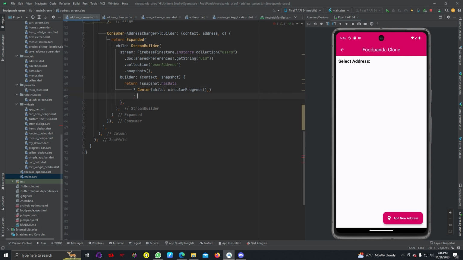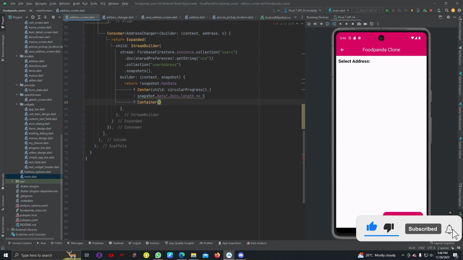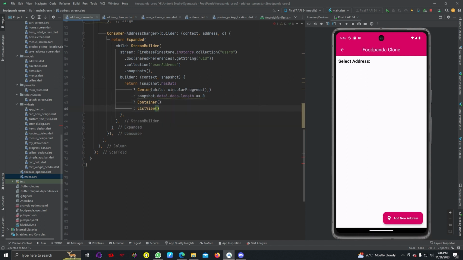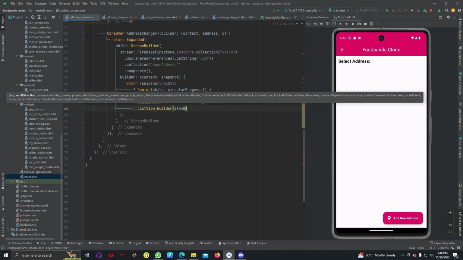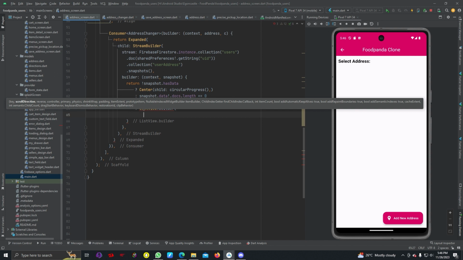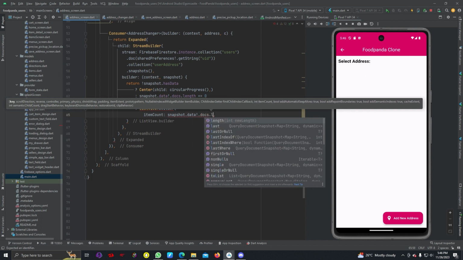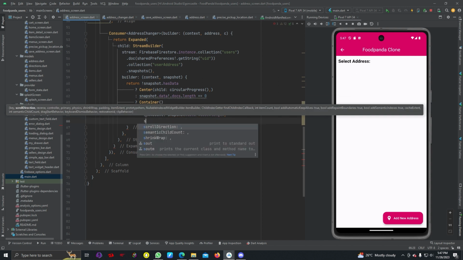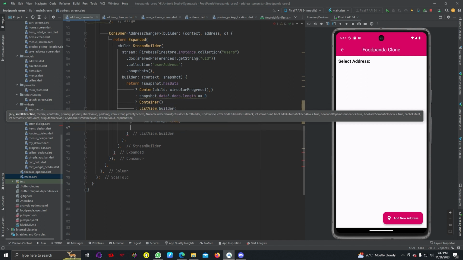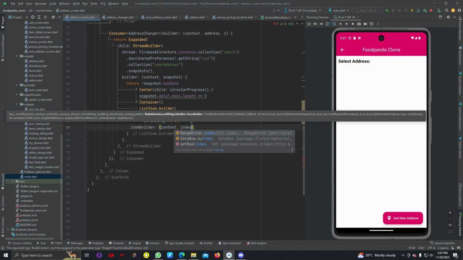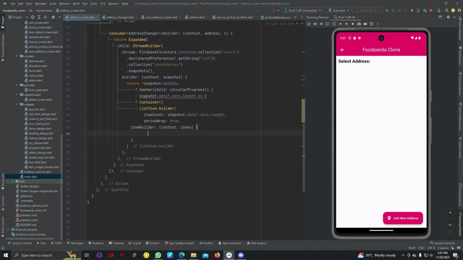Then after that we can write snapshot dot data dot docs dot length equals 0, Container, ListView dot builder, so itemCount snapshot dot data dot docs dot length, then shrinkWrap true and itemBuilder context index, return